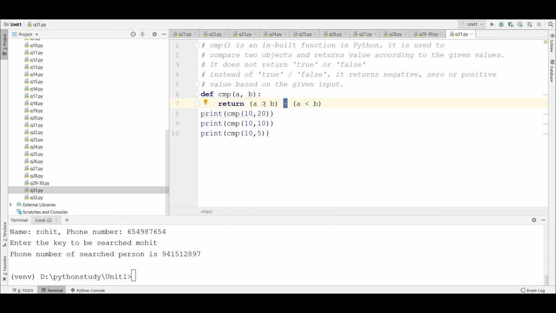If both values are equal, then 0 minus 0 will become 0 and it will return 0. And if A is smaller than B, then this will become 0 and this will become 1, so the output would be minus 1. So that's how the compare operator used to work.